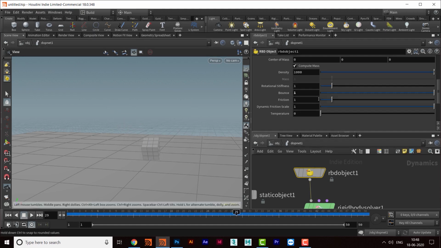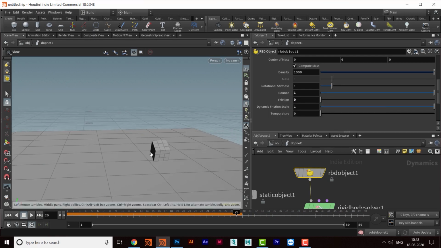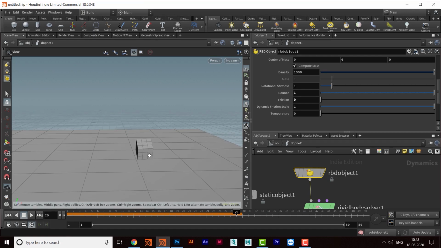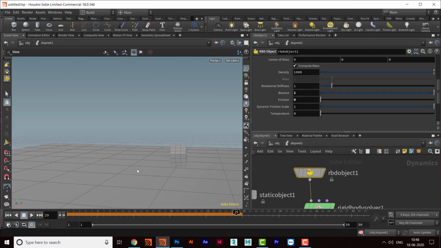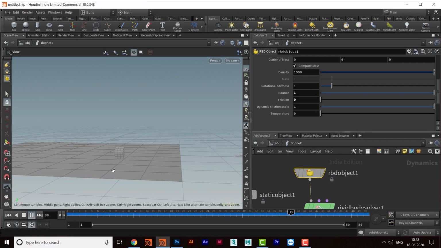Okay, and if I decrease this friction value, friction is an opposite force. That means if the cube is going towards this side, the floor will apply some force in the reverse direction, the opposite direction. It will try to stop it depending upon the value of the force. Let me play it, and now the cube will just go on and on. Why? Because there is no friction. So I'll increase this value to 5, and now there is a lot of friction on the floor.